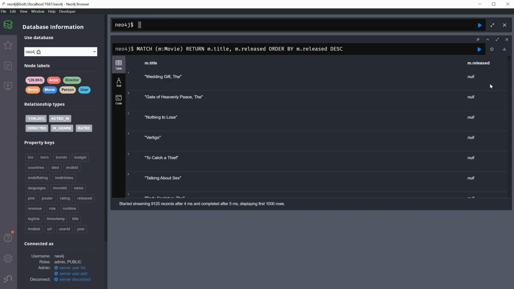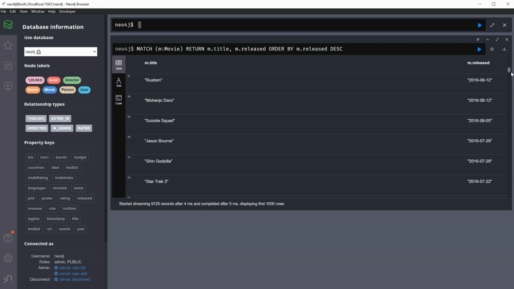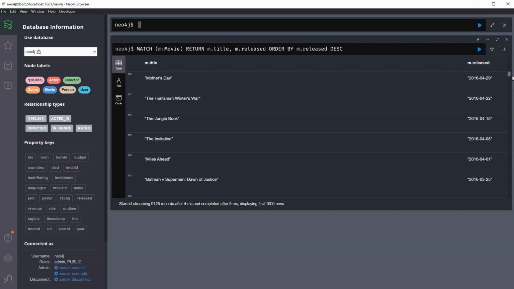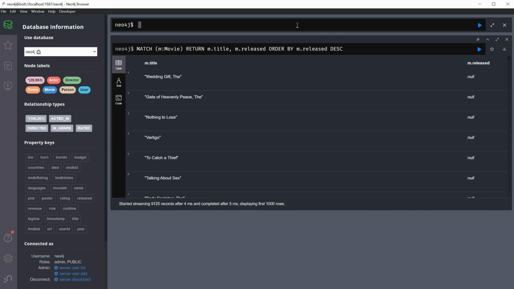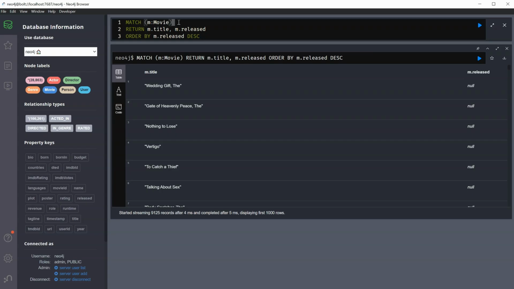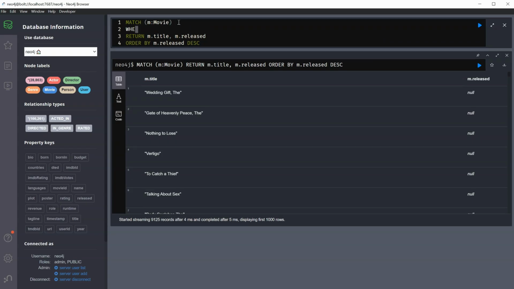We seem to have a few null results there for our release dates, which are just movies that don't appear to have a release date in the graph. Others lower down do, so let's use what we know about dealing with nulls to get rid of those. Going back to the previous query, we're just going to add that where clause in, and we're testing the condition whether m.released